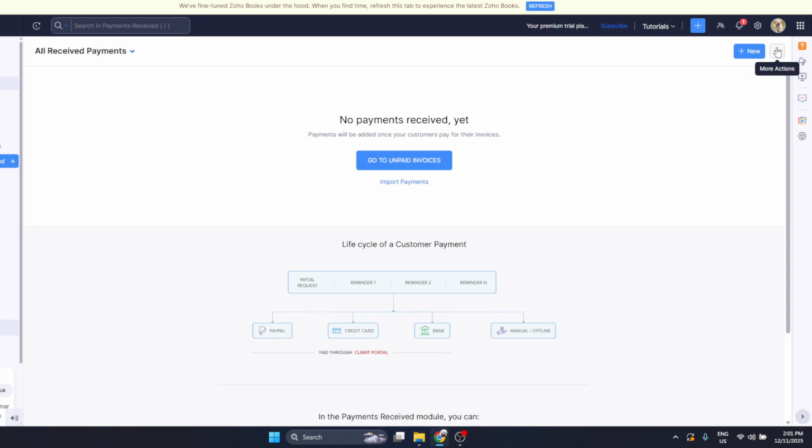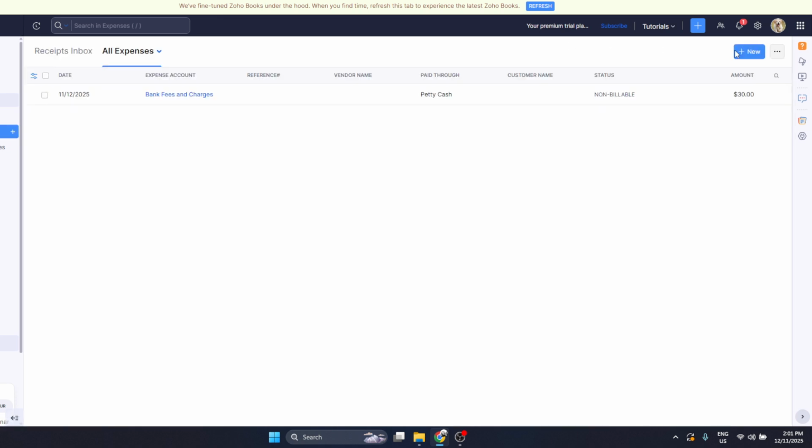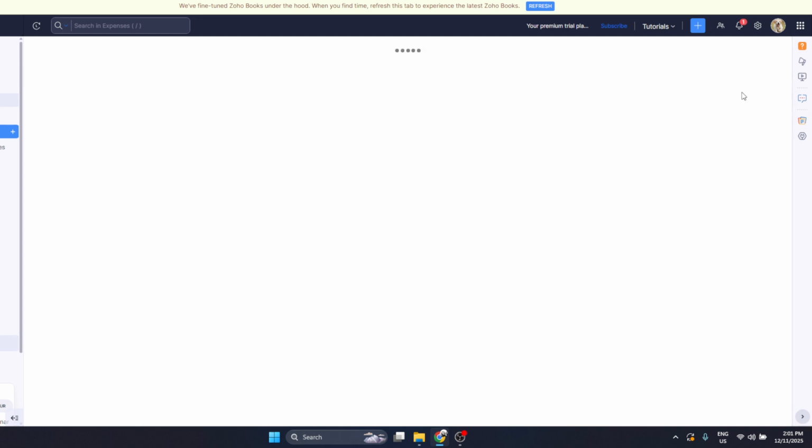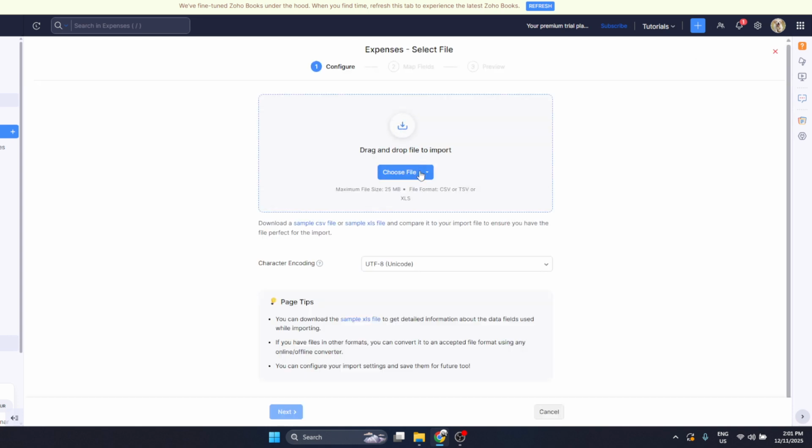On the expenses page, move your cursor to the right-hand side of the screen. You should see an icon with 3 dots, often called the More or Options menu. Click on those 3 dots. This button usually reveals extra actions that aren't shown by default on the main toolbar. From the small menu that appears, look for the option that says Import Expenses and click on it. This will open the import screen, which is where you'll upload your file and match its columns with the fields